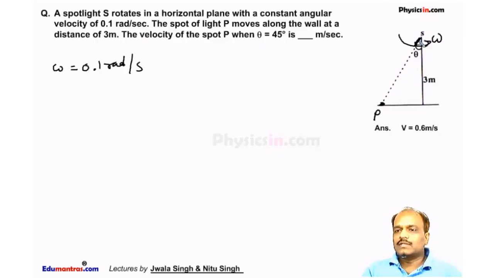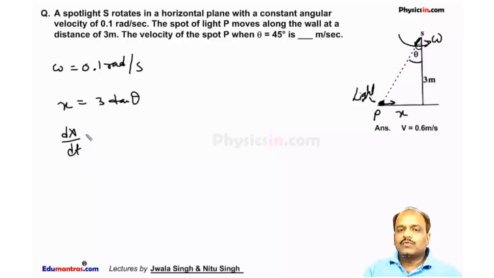So this spotlight, this light is moving in an anti-clockwise direction such that this light spot at P moves with some speed v. Let this distance be x, and let this angle be theta. So x is equal to 3 tan theta. Differentiating, dx by dt, which is equal to vx, is equal to